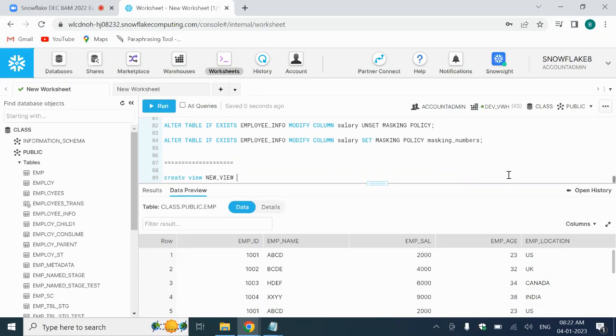When we discuss the views topic, we are going to discuss completely what a secure view is, what a materialized view is, and what a normal view is. The syntax is create view, and then the view name. And so we are going to create a view based on